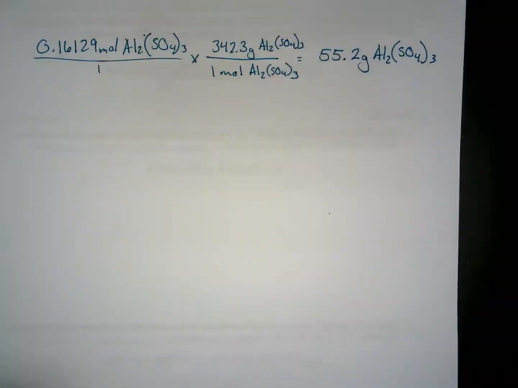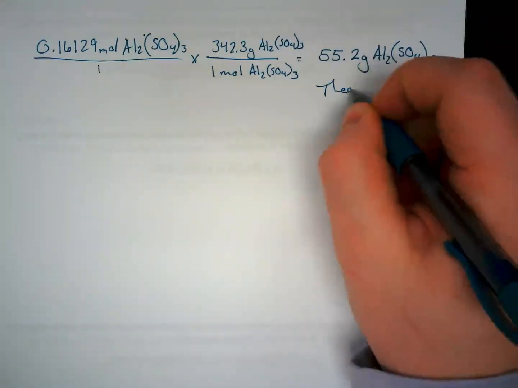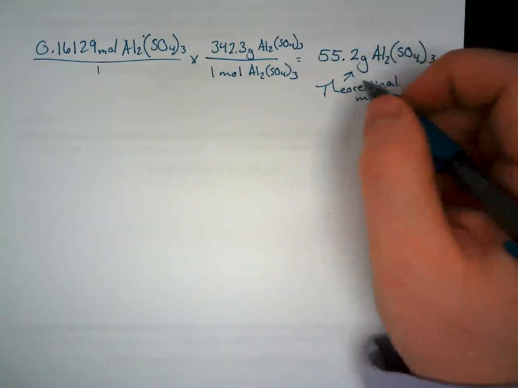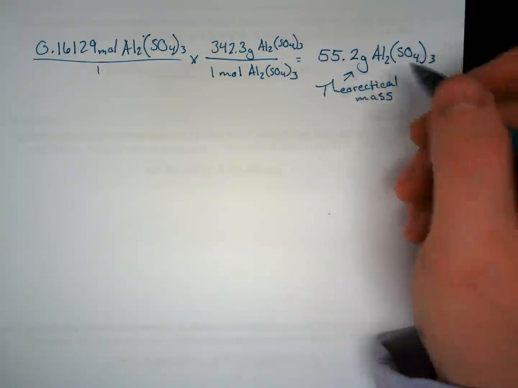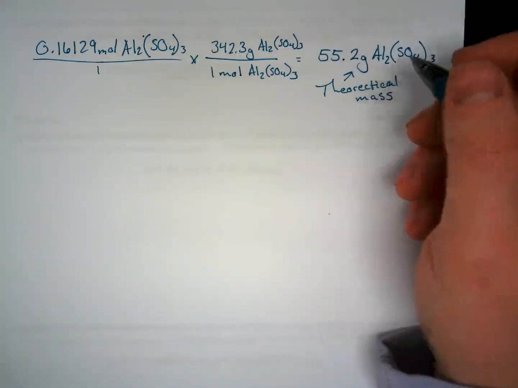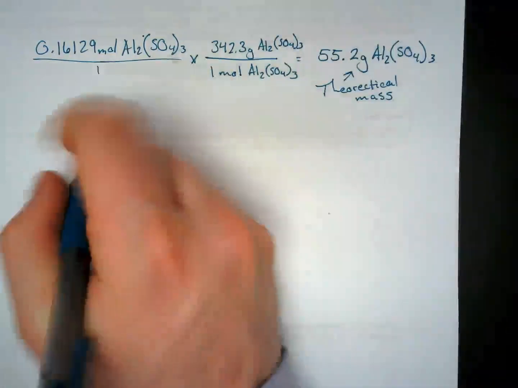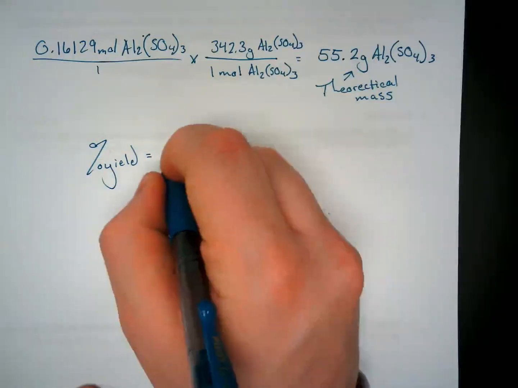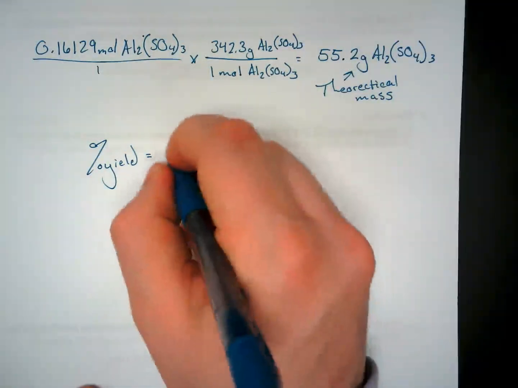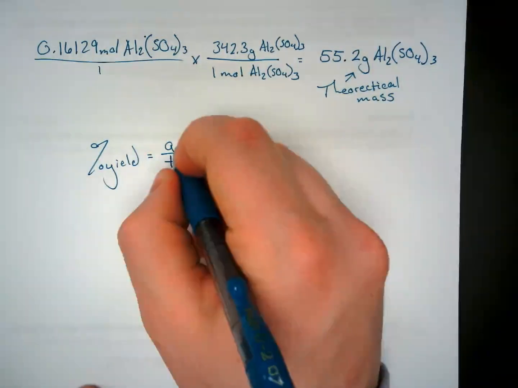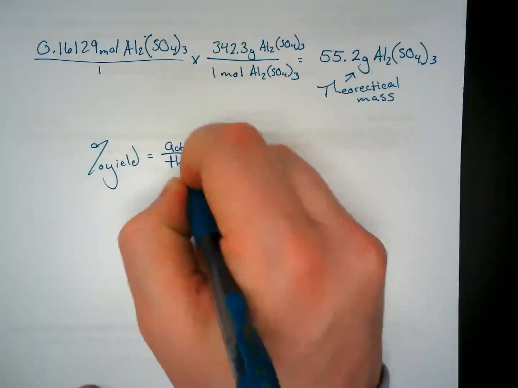Okay, so here, this is my theoretical mass. This is what we expect to see at the end of our lab. So now this is where we're then going to use the percent yield to see how far off we were. So percent yield is going to be the actual divided by the theoretical. So we'll say A over T. Okay. Actual over the theoretical